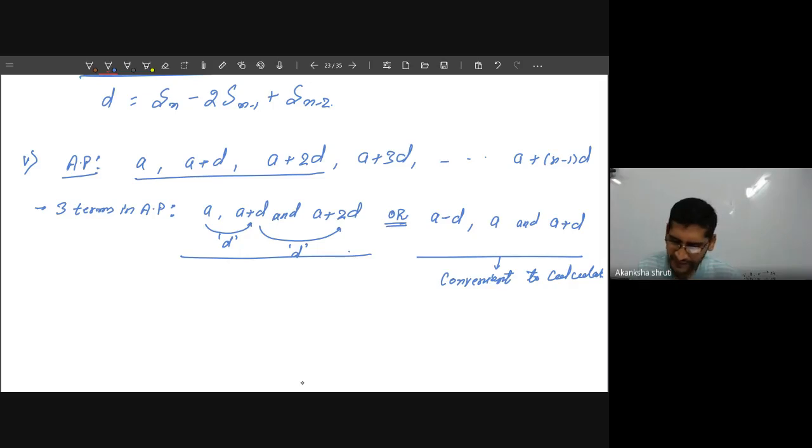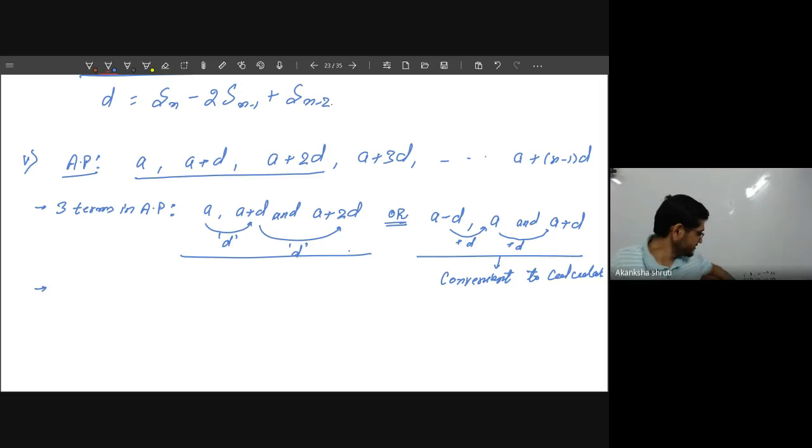See, is there any difference between these two? No difference. Here the middle term is taken as A, the previous term is taken as A minus D. If you are taking the difference here, you will have to add the D here, because A minus of A minus D will be the D. Even from here to here, you have to add the D itself. So both ways of taking are the same, but choosing A minus D, A and A plus D is convenient. This we will see, or we will choose in this fashion.